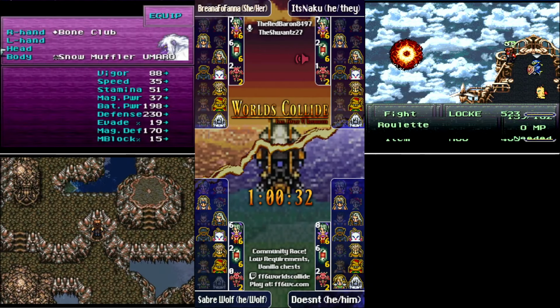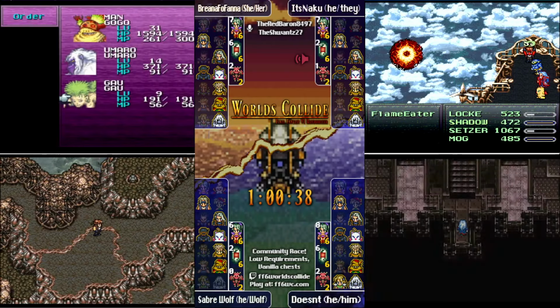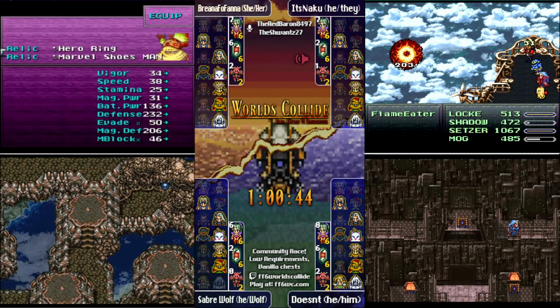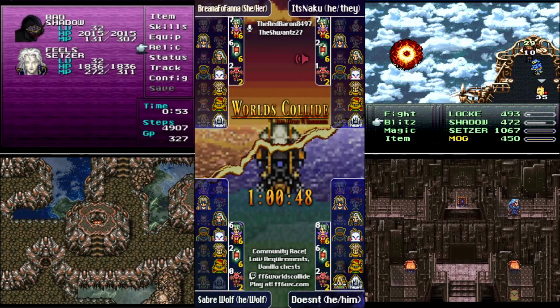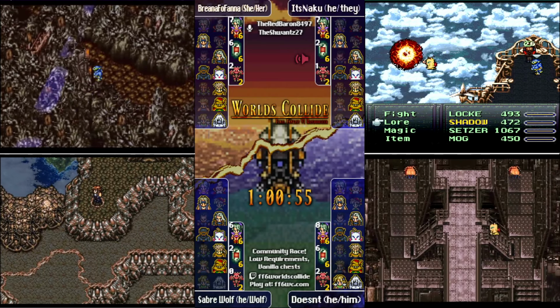So they're off and running towards the latter half of the boss gauntlet here in Kefka's Tower. Naku against Flame Eater has killed all the bomblets, is punching it in the face, which certainly works. Flame Eater does absorb a lot of elemental things, and Pummel is just punches to the face, which is not elemental, last time I checked, so...